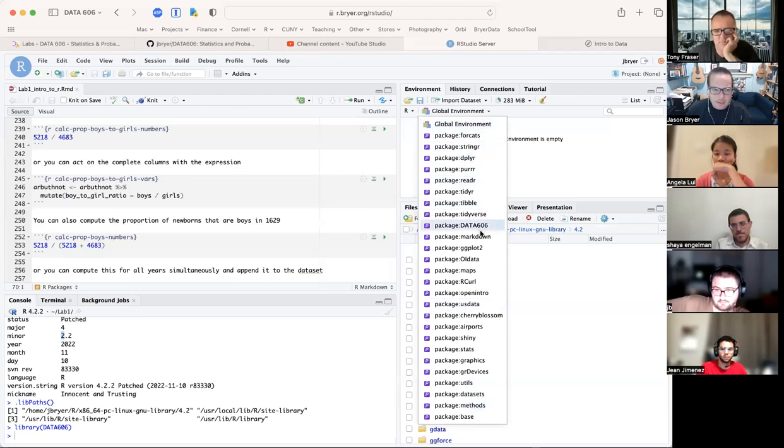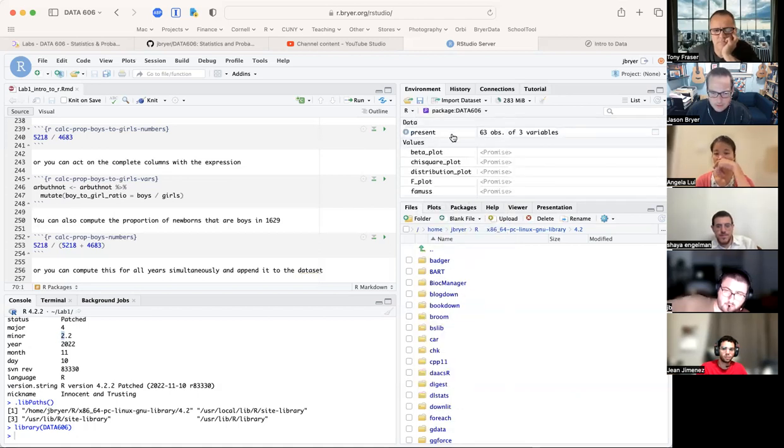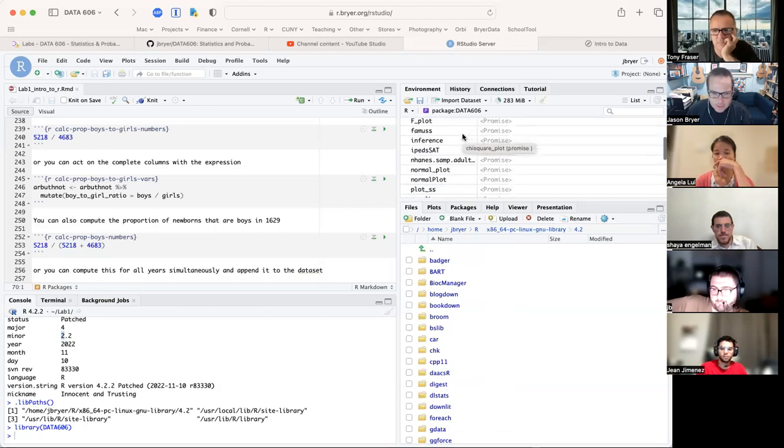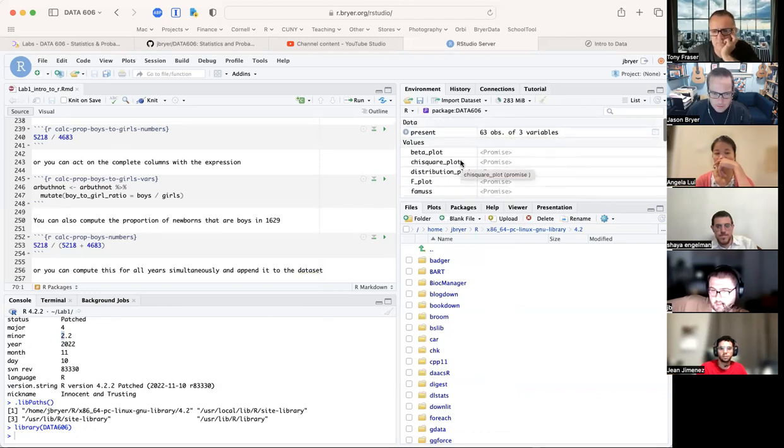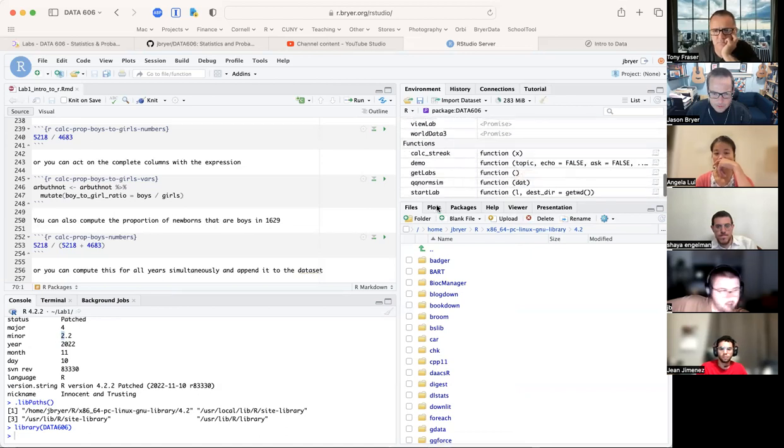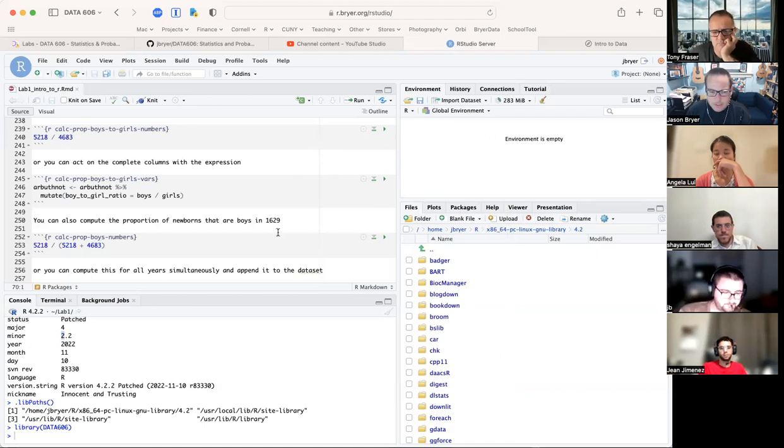Every package that is loaded gets its own environment, and you can actually peek inside some of these. So here's the data 606. If I click this, now my environment: I have this data set that's available, and then a whole bunch of values, and then here are some functions, right? I almost never do that, but that is something you can do to explore packages. Usually the easiest thing to do is just do question mark,